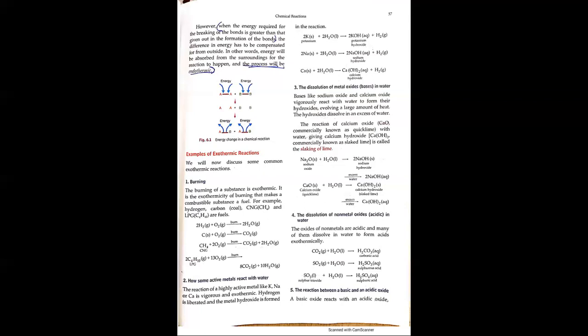Then the next one is dissolution of non-metal oxide. As you see, acidic is written. I told you the oxides of non-metals are generally, not generally, but mostly acidic in nature. For example, carbon is a non-metal and its oxide is carbon dioxide. Sulfur is a non-metal, its oxides are sulfur dioxide and sulfur trioxide. When you see they react with water, they will form their respective acids: carbonic acid, sulfurous